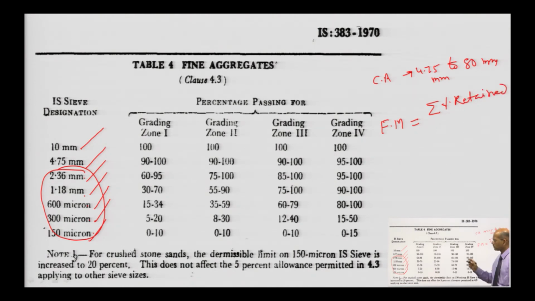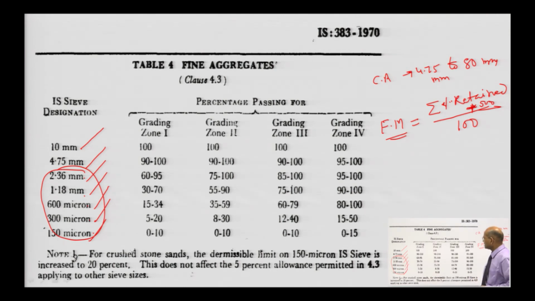on the sieves from 4.75, 10 mm and others, divided by, plus you add 500, because 100% material is going to retain on 2.36, 1.18, 600, 300, 150 micron. Okay. So, we add 500 and then divide by 100. Then you will get the proper value of fineness modulus of aggregate, coarse aggregate. Okay. That care we have to take.